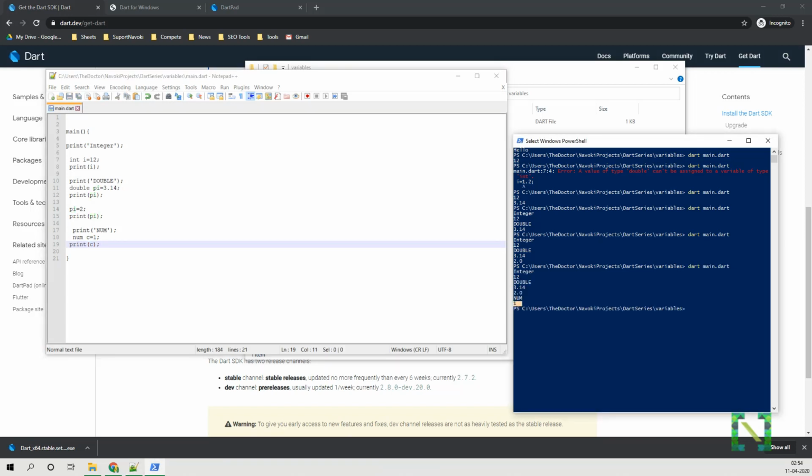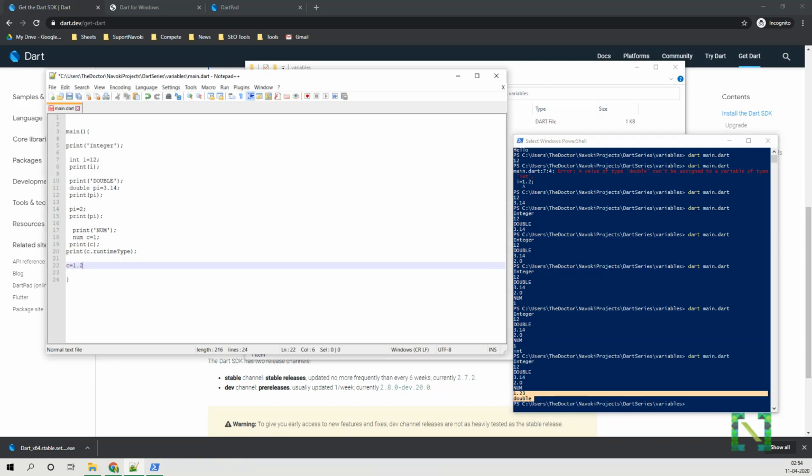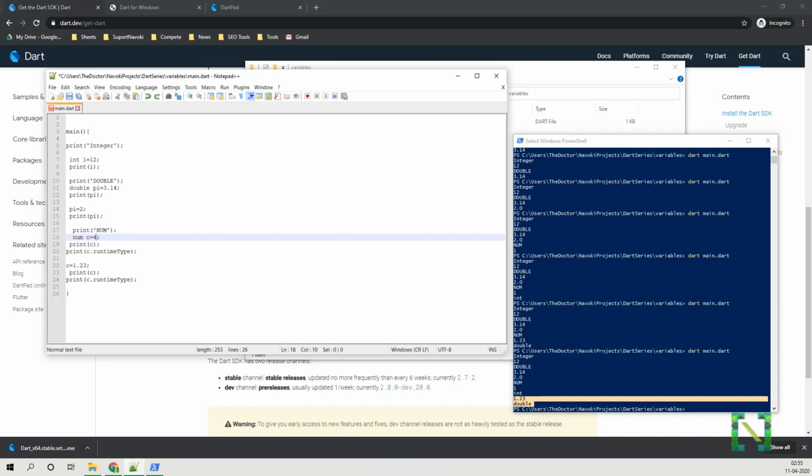Now let's print the data type also. Here you can see the data type of this variable is integer. That means whatever value you assign, it will convert into that data type. Now let's override this value with a decimal point. As you can see, the value and the data type have been changed. That means in the num variable, you can store integer and double and can change the value anytime. Here is an example. As you can see, 4 divided by 2 can be stored as an integer, but sometimes a calculation such as 4 divided by 3 can be stored as a decimal.